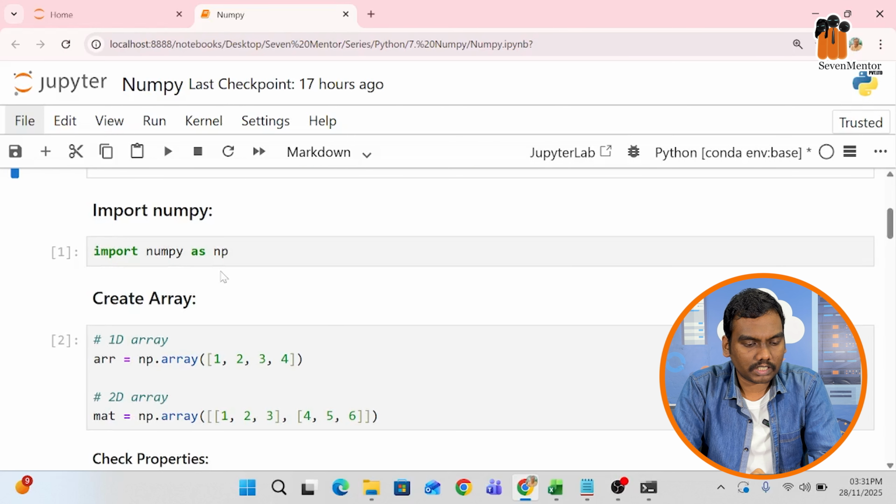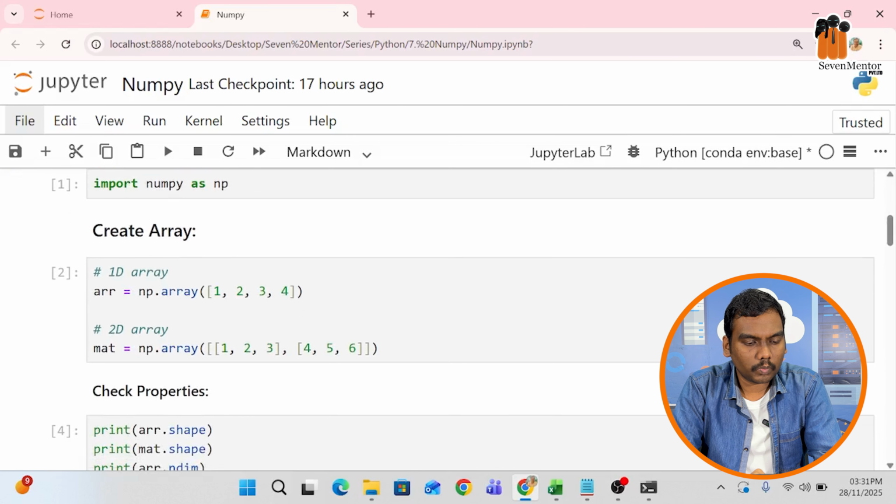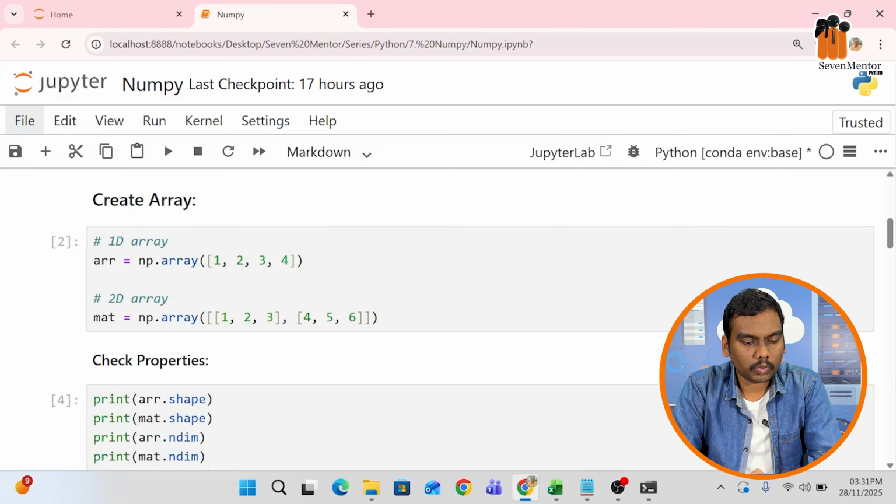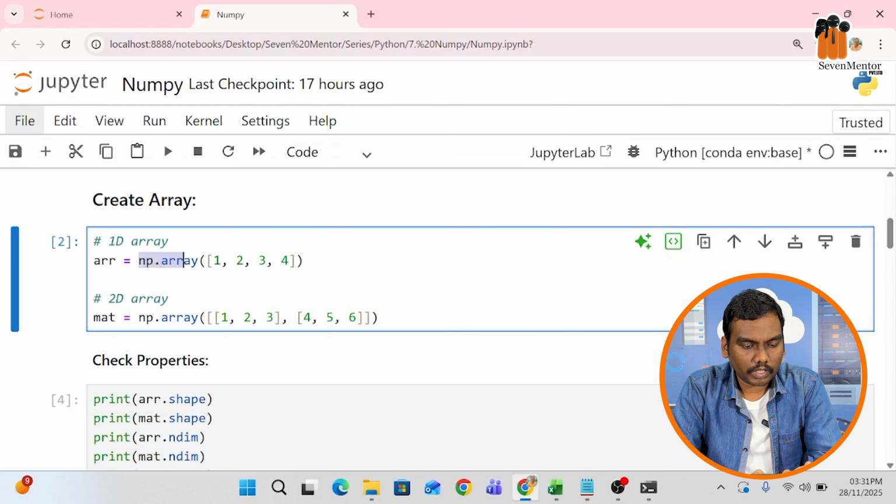Now as we discussed, in NumPy we will deal with the array. So how to create an array? To create an array we will be using np.array. np.array is a built-in function available in NumPy, which is primarily used to create arrays. You can create a one-dimensional array, two-dimensional array, n-dimensional array. The method is the same. Just use np.array and pass the object.